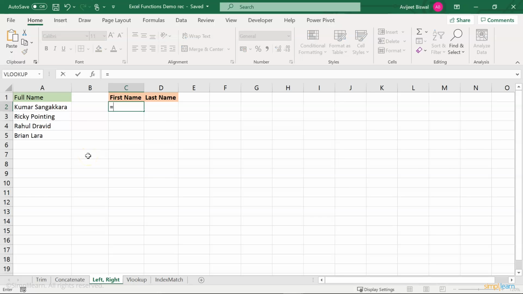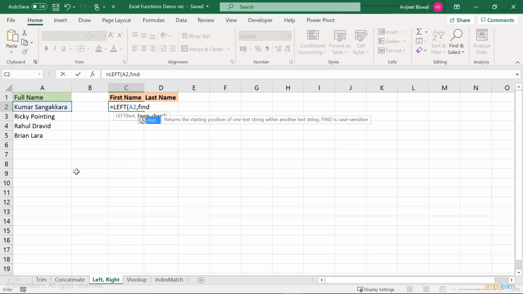So I'll write equal to left. It is asking for a text, so I'll give my column reference, which is A2, comma, then we have to give the number of characters. So to find the number of characters, I'll use the find function. So basically I want to take everything which is present before the space, so that would be my first name.